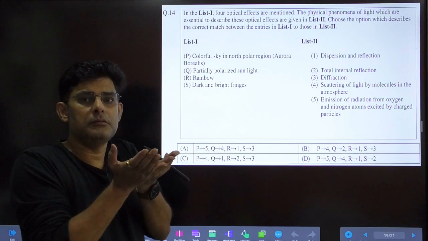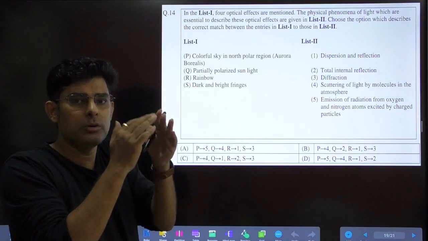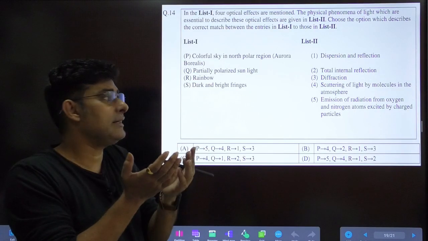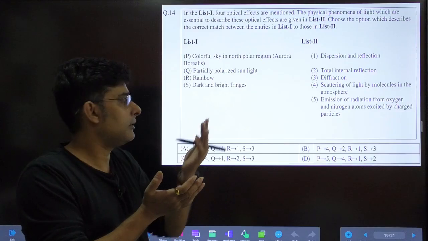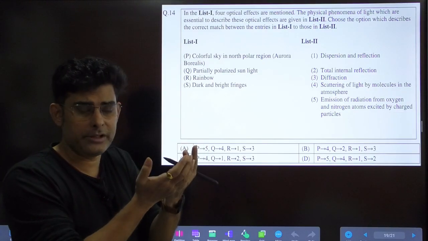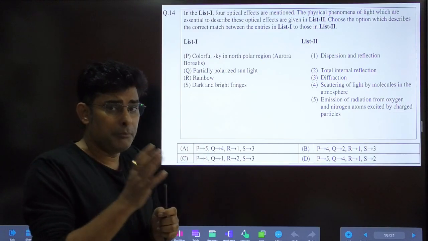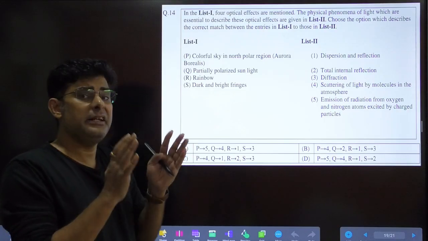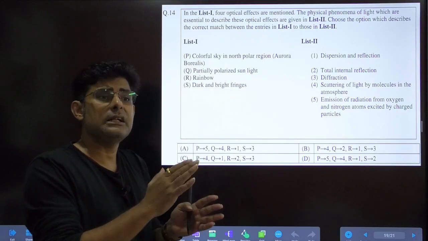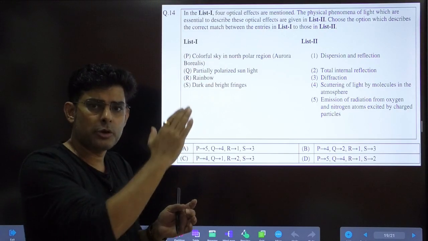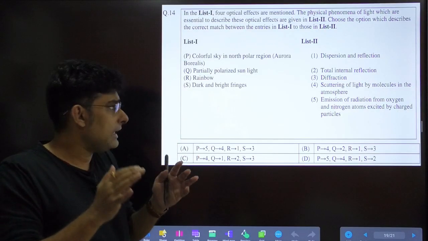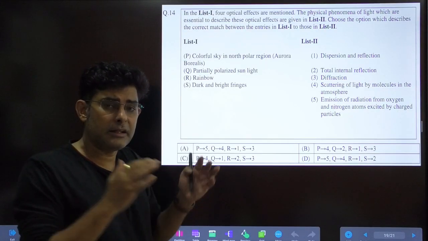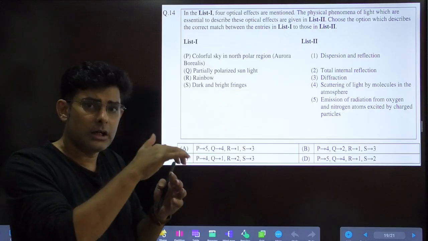But there is a magnetic shielding around the Earth's atmosphere which prevents these solar charged particles from entering the atmosphere, which can be very harmful. But this magnetic shielding is very less near the North Pole and the South Pole. So there these solar charged particles manage to enter through the